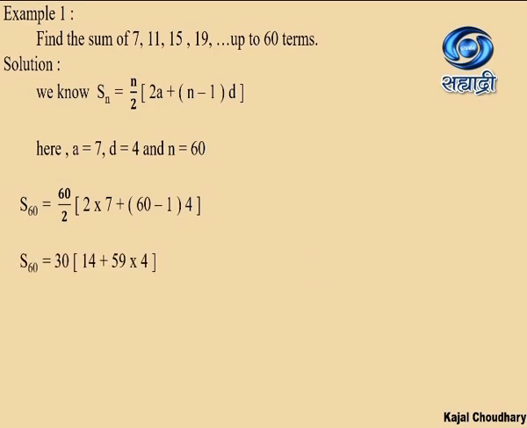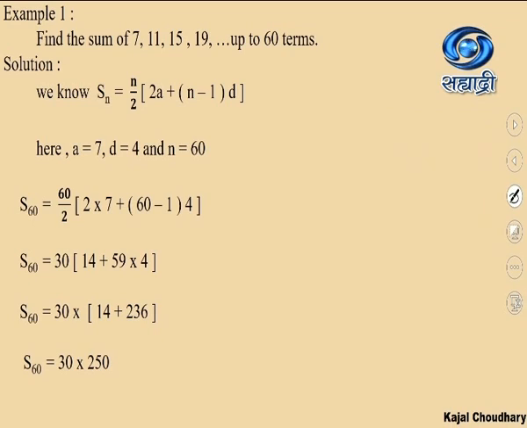So, we have substituted the values. Now, we can calculate it. 60 minus 1 is 59. So, 59 multiplied by 4, and 2 multiplied by 7 is 14. Now, carry this calculation out. 59 multiplied by 4 is 236. Now, 14 plus 236 is going to be 250. Now, I hope everybody is getting why we have 30 over here. That is very simple. It was n upon 2, that is, it was 60 upon 2. So, you can carry out the reduction, right? 2 ones are 2, 2 threes are 6 and 0. So, we got it as 30. Now, 30 into 250, you can carry out the multiplication and we will get the value of S60 as 7,500.